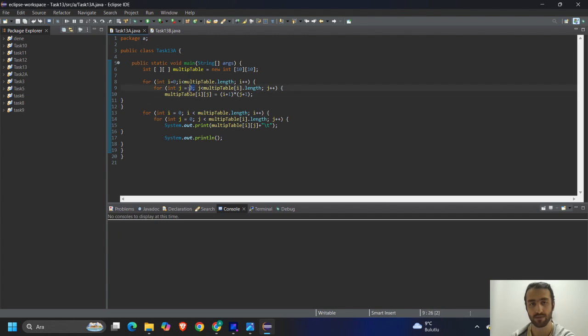Because we initialized our j and i values from 0. We could have started from 1 and not put any plus value here, but that could have resulted in an unnecessary 0 row or 0 column. So by doing that, we will get a perfectly shaped